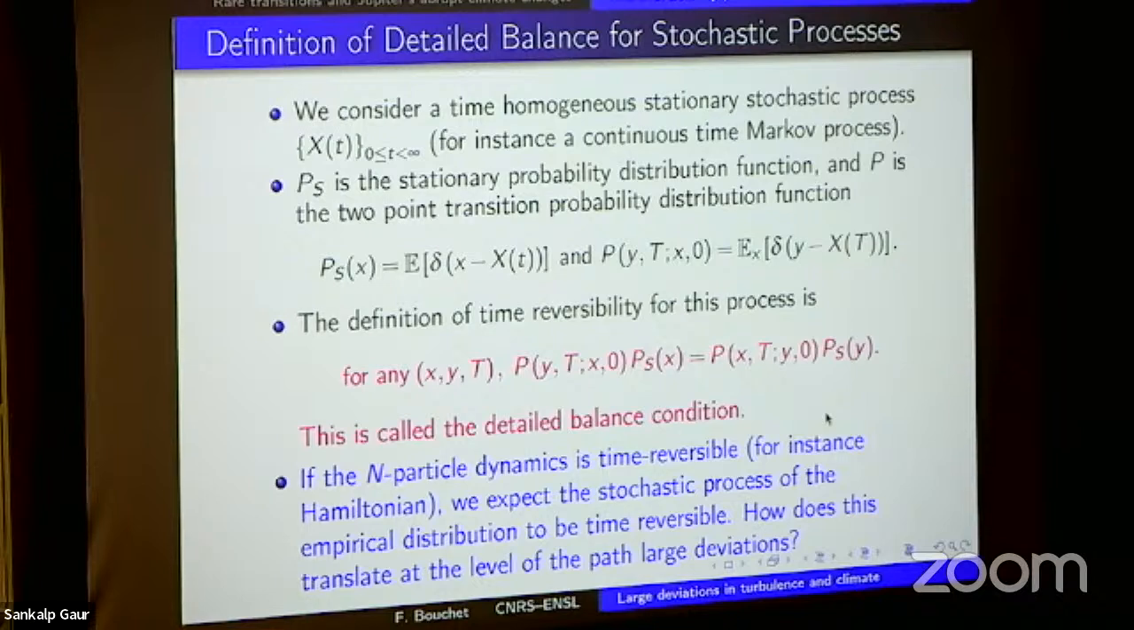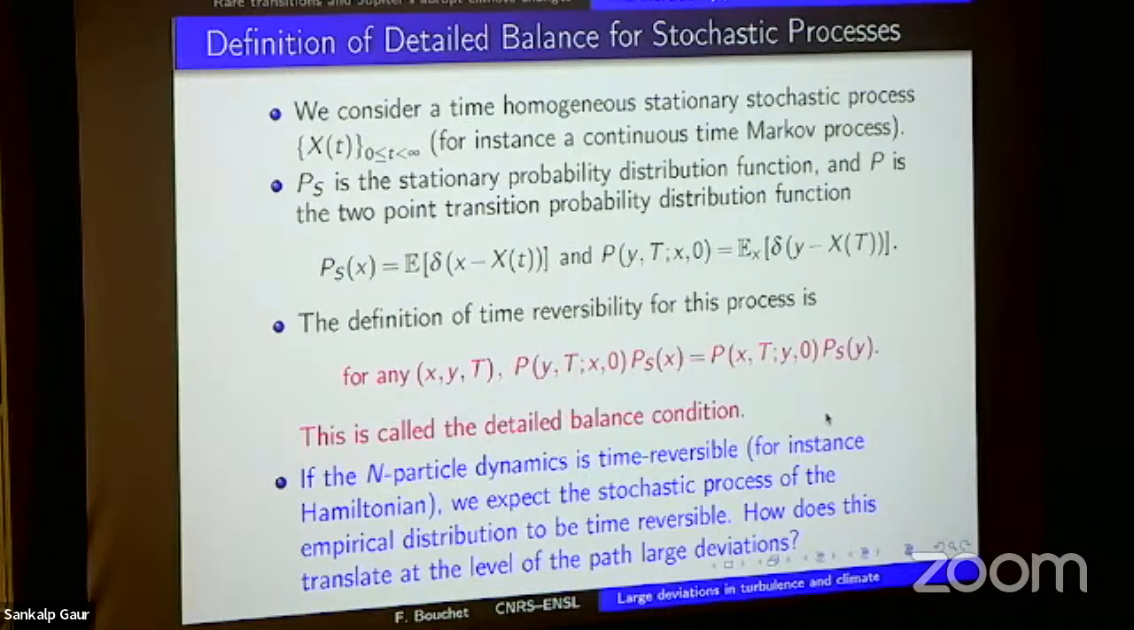And then if you have this equality here, where you see that there is a symmetry between transition forward and transition backward, then you call this detailed balance. And so this is called the detailed balance condition. Then for n particles, if